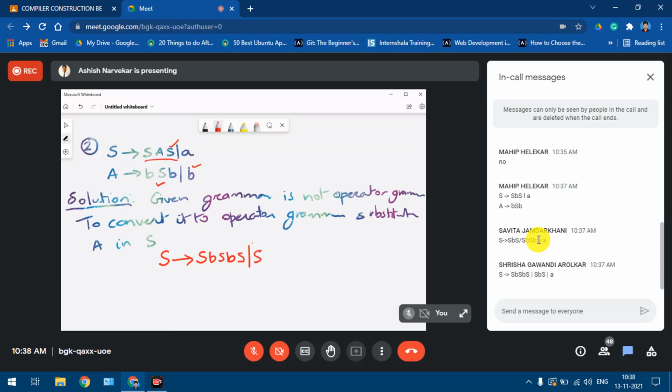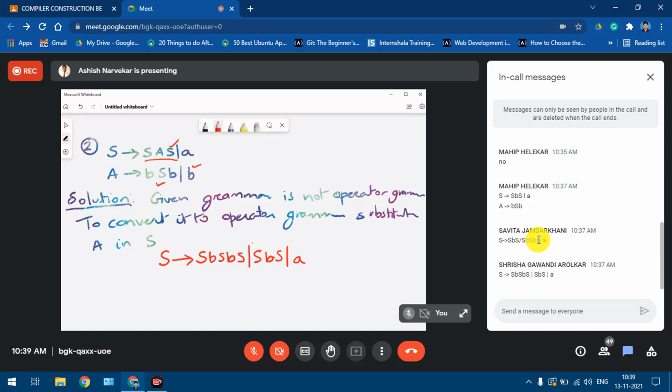So S, B, S. With this, the right hand side of production A is exhausted, so we cannot substitute it anymore. So we have to write A over here, which is in the original production one. So what we got is SBSBS, BS, and SBS.